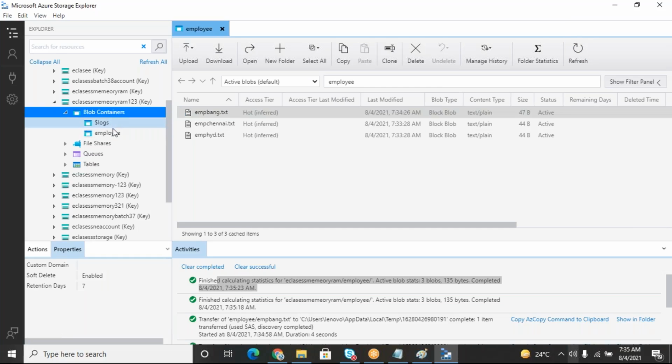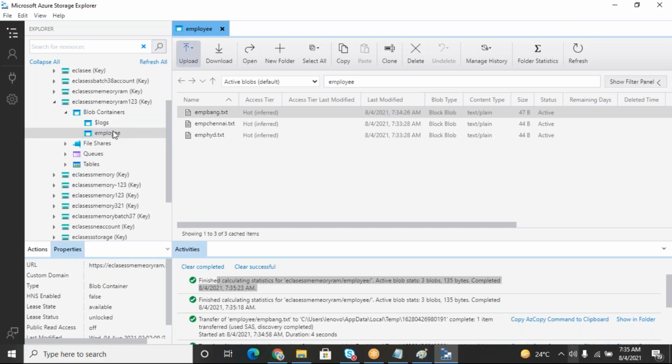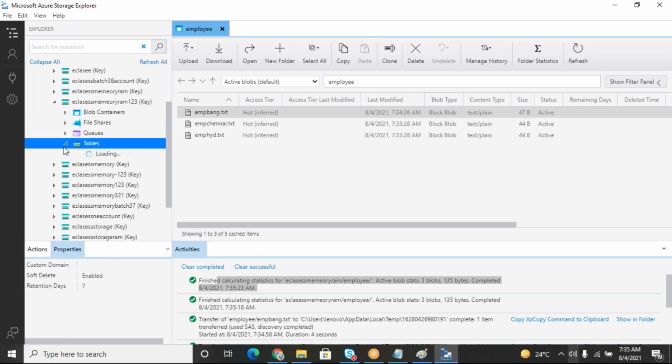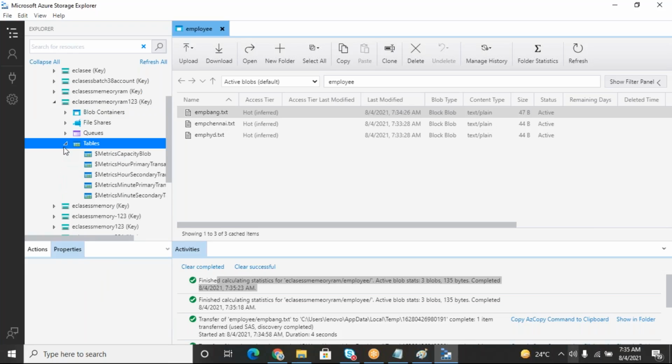Okay, so blob container, employee is my container name. So this is how you can create as many containers. Okay, so the next one is table storage. What do you mean by table storage? Whenever you are going to